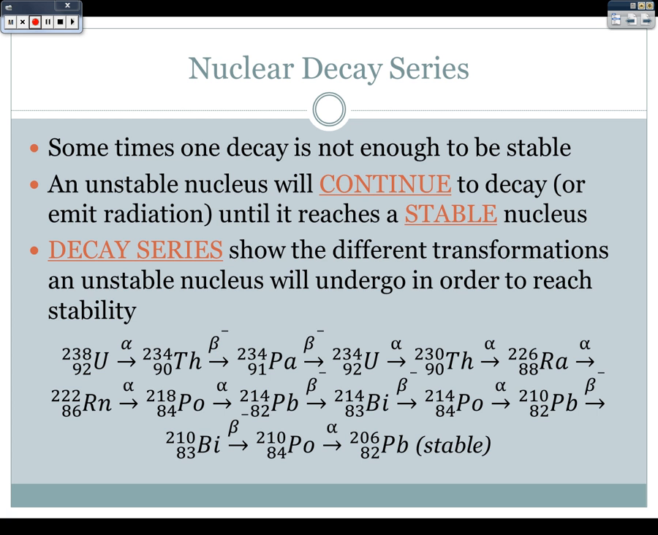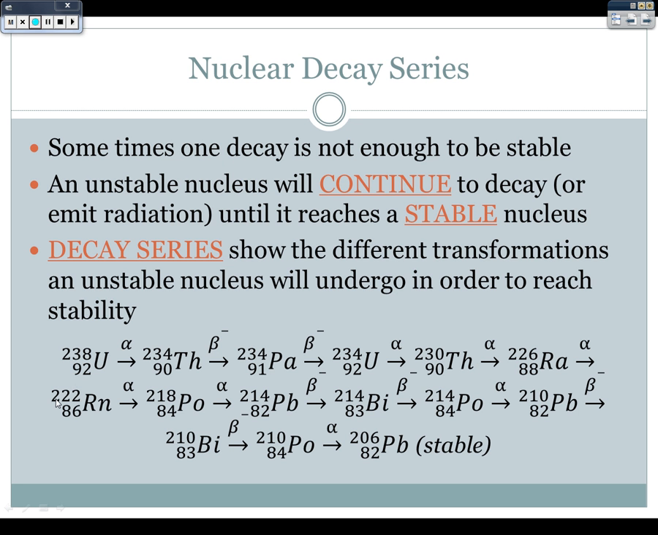sorry, I'm counting really fast, like 14, I think I counted that, right? 14 different decay reactions in order to get to stability. So first it emits an alpha to go from uranium-238 to thorium-234. Then it betas into protactinium, sorry. Protactinium-234, which betas into uranium-234, which then alphas into thorium-230, which alphas into